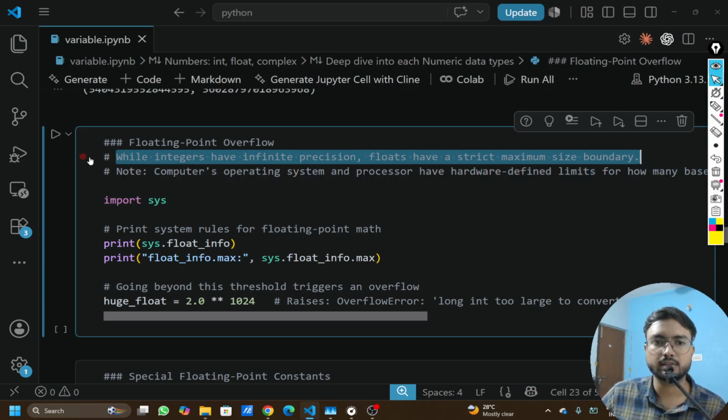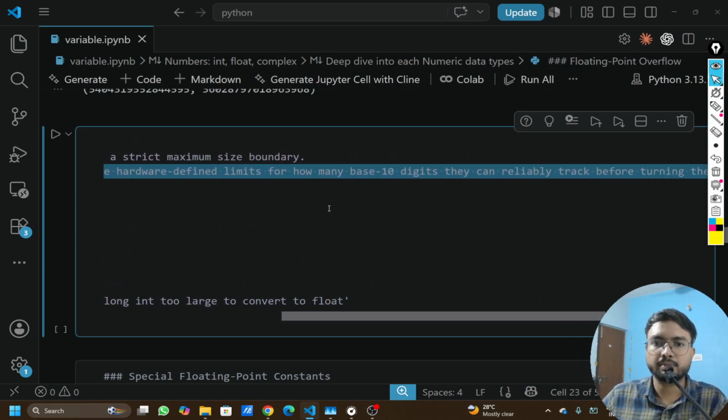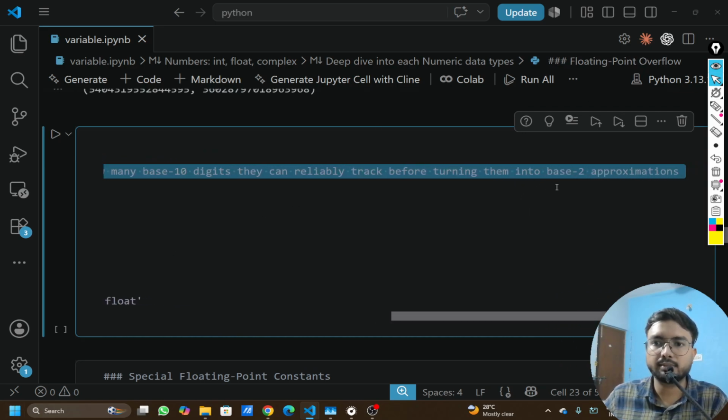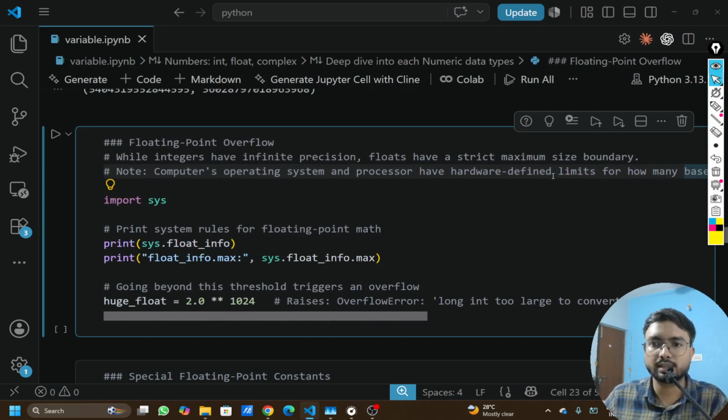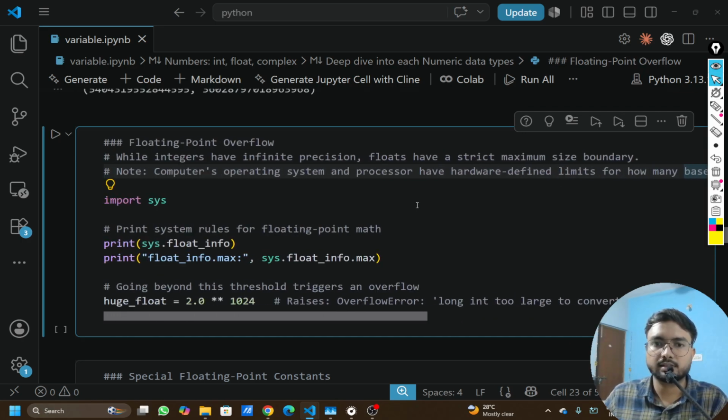This is what I was trying to say. Computers, operating systems, and processors have hardware-defined limits for how many base 10 digits they can reliably track before turning them into a base 2 approximation. So what is happening here is, as I explained, base 10 and base 2. Whenever it crosses that limit, it tries to convert from base 10 to base 2,